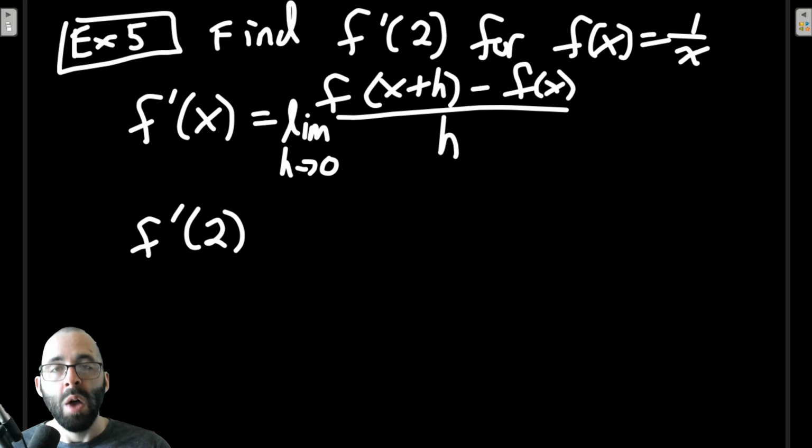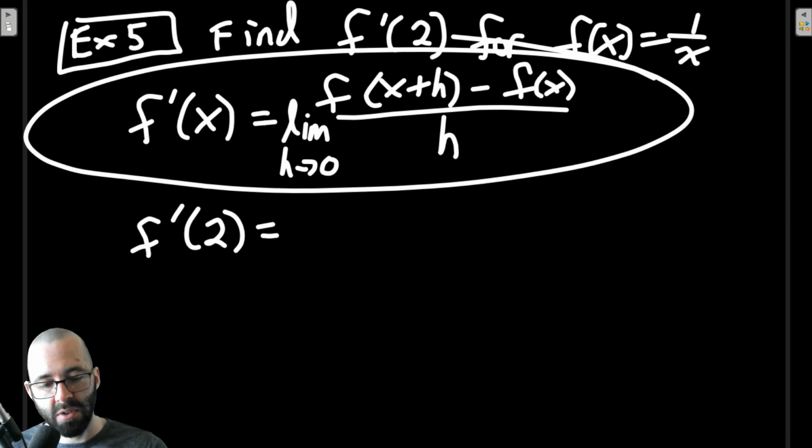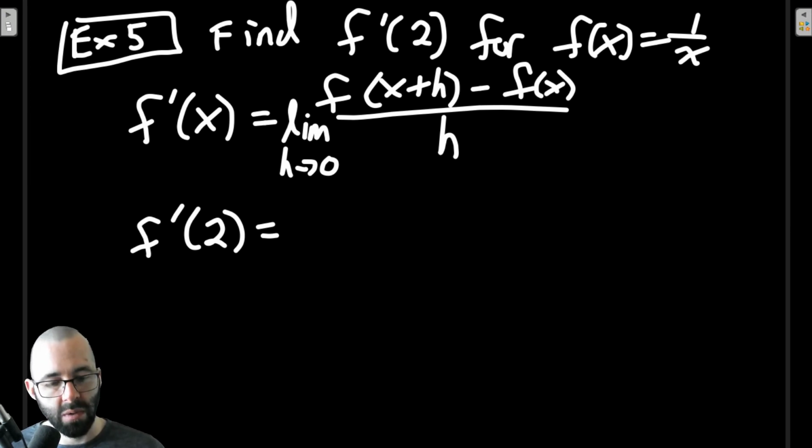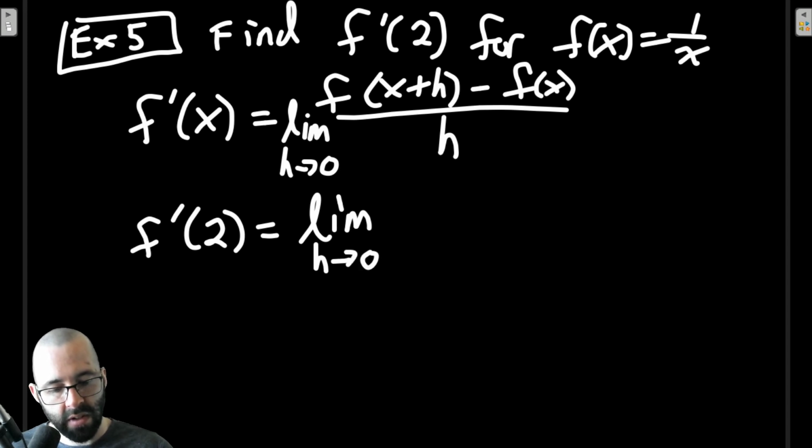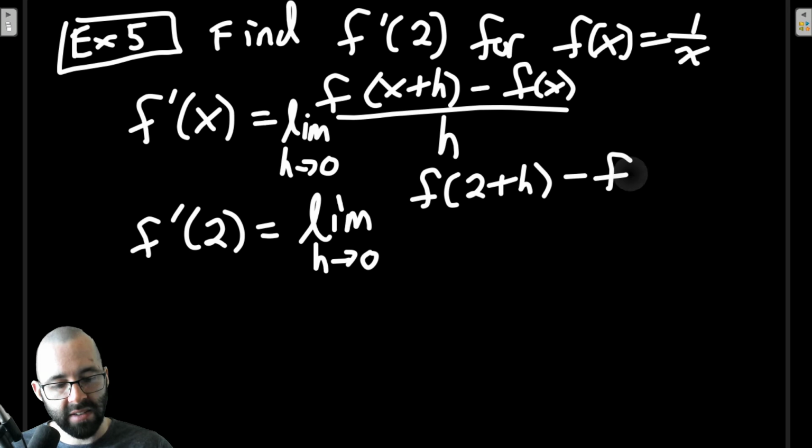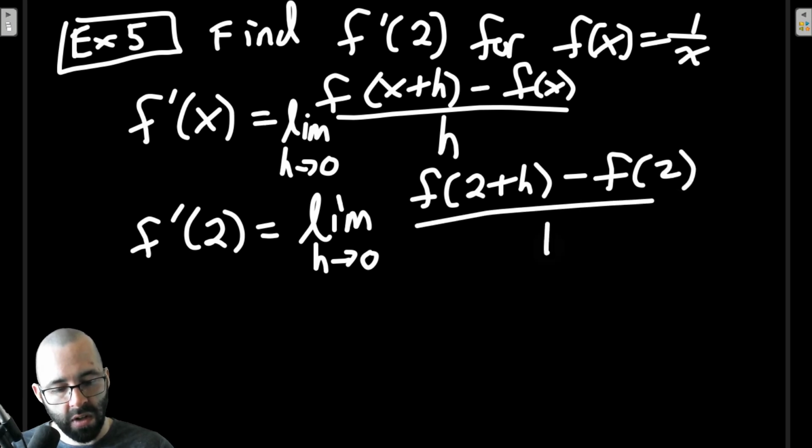Plug in, replace all of the x's with 2's. Right? This is the formula for any x. So for 2, put in a 2. It's going to be the limit as h goes to 0 of f of 2 plus h minus f of 2 all over h. So again, just replace